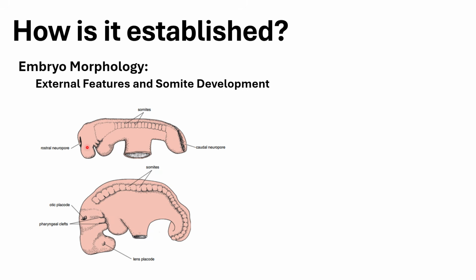Again, lastly, in the latter parts, you would have the external features of the embryo and the development of the somites, which will eventually form into the other structures of the body depending on which level of somites it is. For example, the somites located in the thoracic area should eventually give rise to the viscera, organs, and components of the thoracic area. And again, depending on the species type, you may have a slightly varying number of somites that will develop into specific parts.